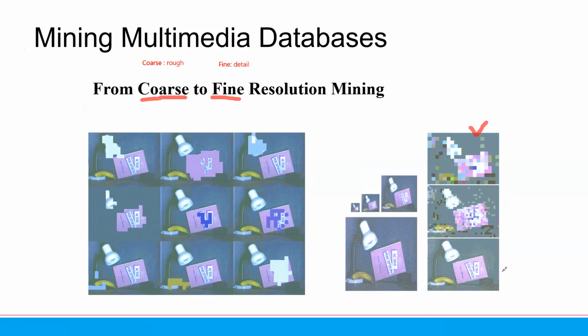So you can see this kind of figure: okay, this is a lamp, this is a book, and there is a banana. But if it is a coarse or rough figure like this one, you cannot identify what the figure is. So usually this kind of image has low resolution, and this kind of data has high resolution. And it is good if we have both low and high resolution